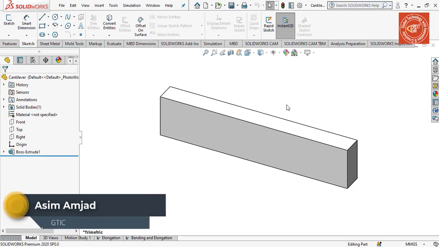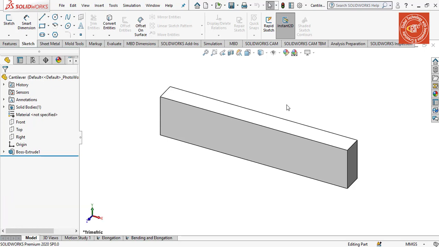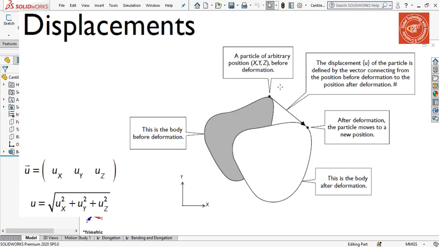In this video lecture, we will discuss the concept of displacements. Basically, the concept of displacements is much easier to understand than that of stresses. This is because the displacement can be defined using the notation of vectors, and we can say the displacement of